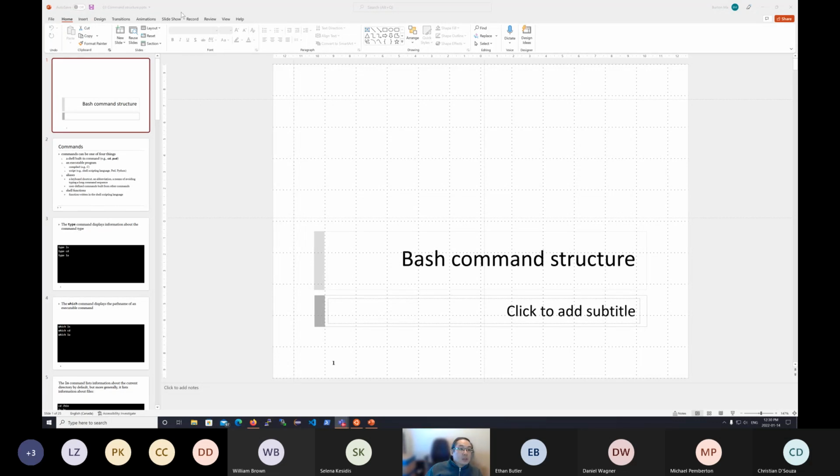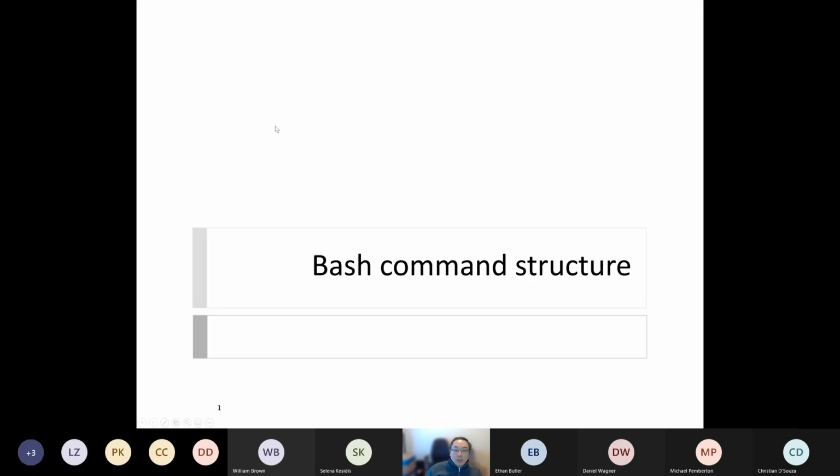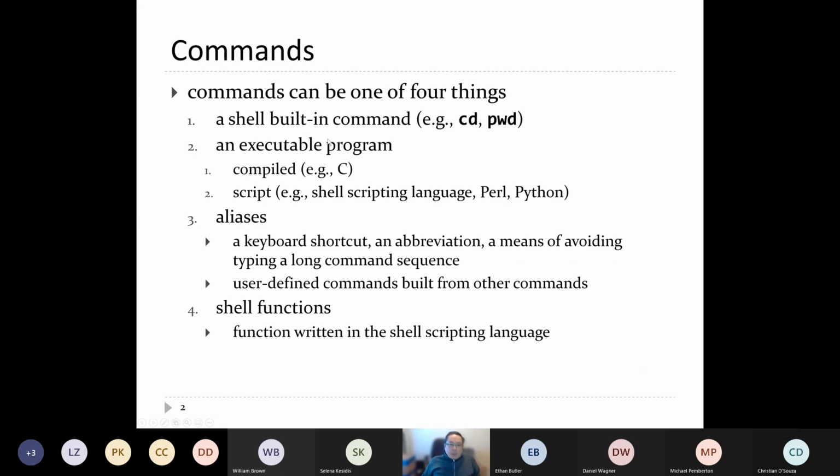All right. Today's lecture is about the bash command structure. So basically using commands in bash. So you've seen already that when you're using a command line interface, you basically type something into a terminal, you press enter, something happens, right? So when you type in a command